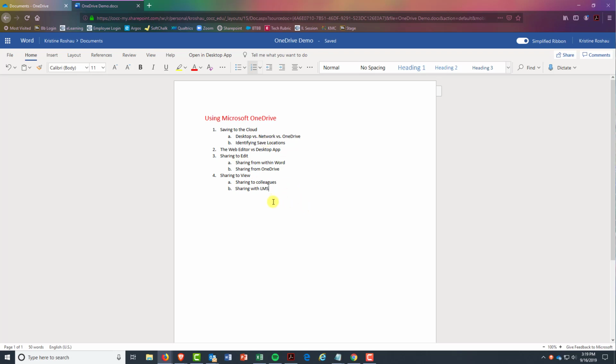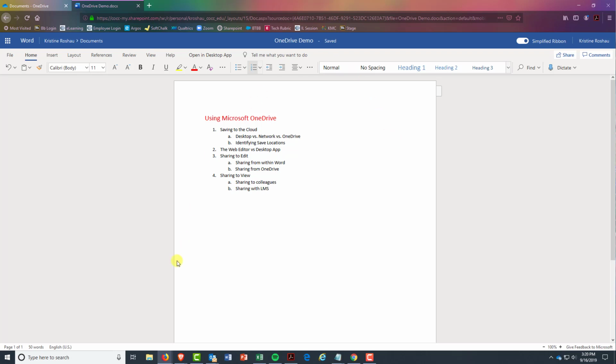There is no File Save, Control-S save when you're in the web version. It is saving continuously, so every second or two. So one of those benefits of working in Word Online is that you don't really run the risk of losing your document because it's continuously saving, which is super great. So I've made my edit in Word Online, and now let's say I want to open it up on my